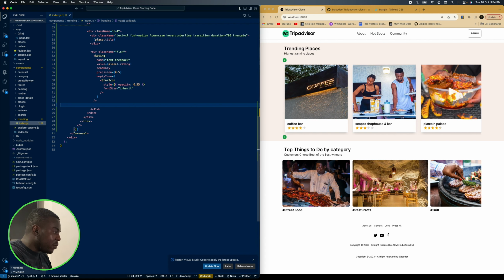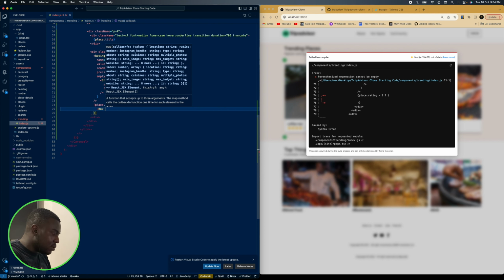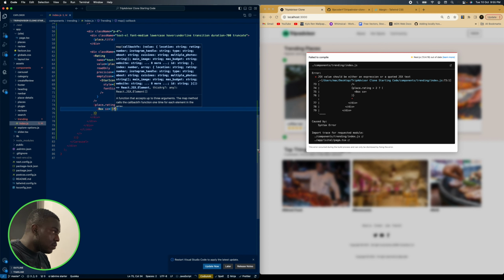Now we also want to say place dot rating if it's greater than 2. We're going to say box sx equals margin left 1, color